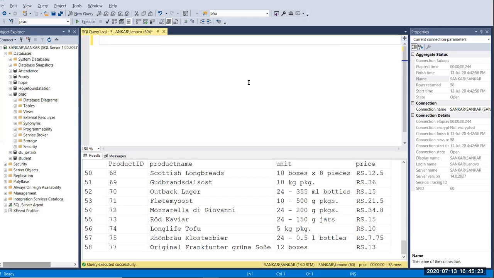If you want to fill some data in the child table, the child table refers to the foreign key from its parent table. If the foreign key is there, you can add the data in your child table. If the data is not in your parent table, you can't add your data in your child table. That is the concept of a foreign key and primary key.